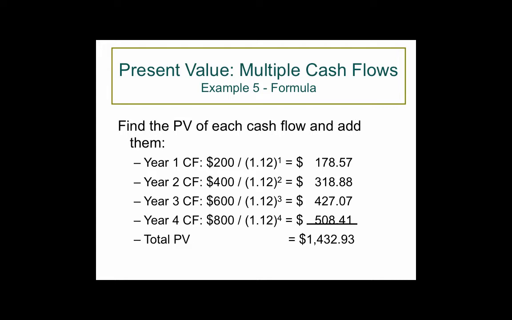You're going to get each of those values. They're obviously going to be less than the original amounts, right? So like $178.57 is less than $200, $318.88 is less than $400, and so on. But you'll sum all of those amounts, and so the total value, or the present value, the current value for these multiple cash flows is